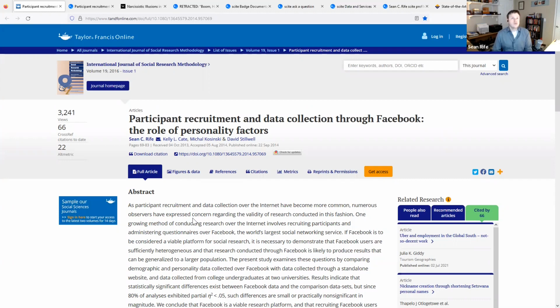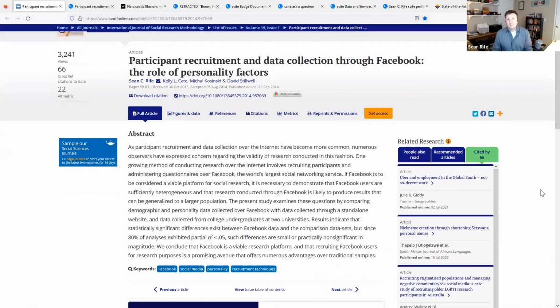And one of the things that I noticed was that people were starting to collect data over social media. They were starting to recruit human subjects over social media like Facebook, and in some cases actually running experiments or questionnaires over Facebook. This raised some concerns with me and some of my collaborators. So we did some initial research to look at how personality differs by modality of data collection, including Facebook.